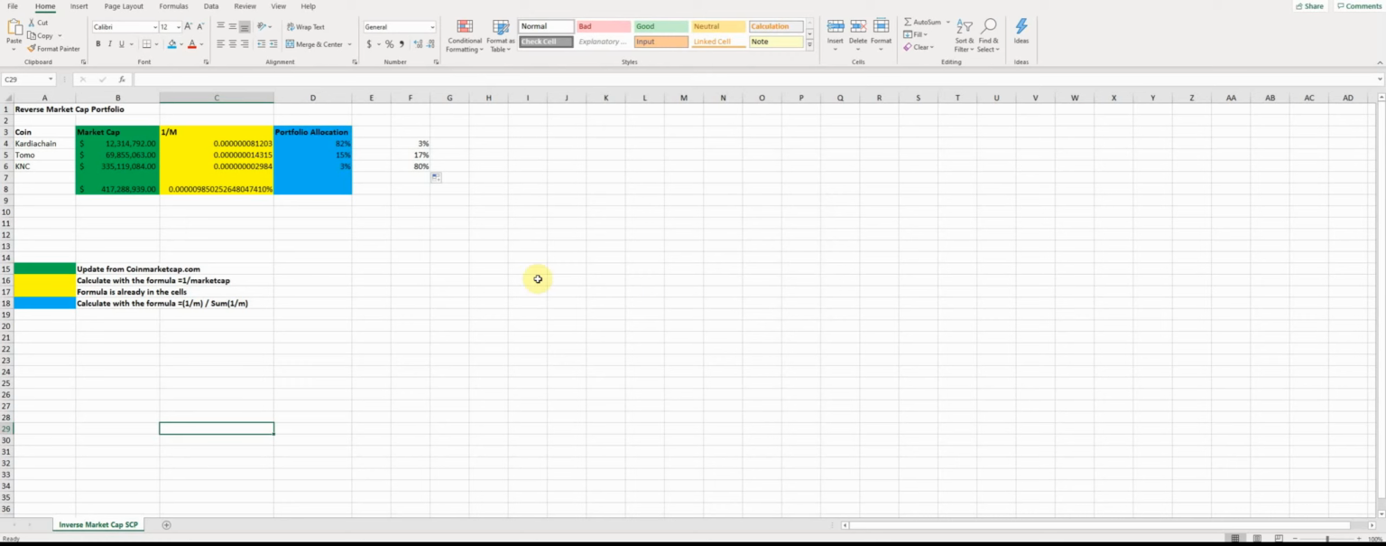Reverse market cap. What we're doing here is we want to do pretty much the exact opposite of a weighted market cap portfolio. So instead of the biggest market cap being the biggest holding, the smallest market cap will be your biggest holding. And I'm going to work through these numbers, and this spreadsheet you're seeing right here, this is